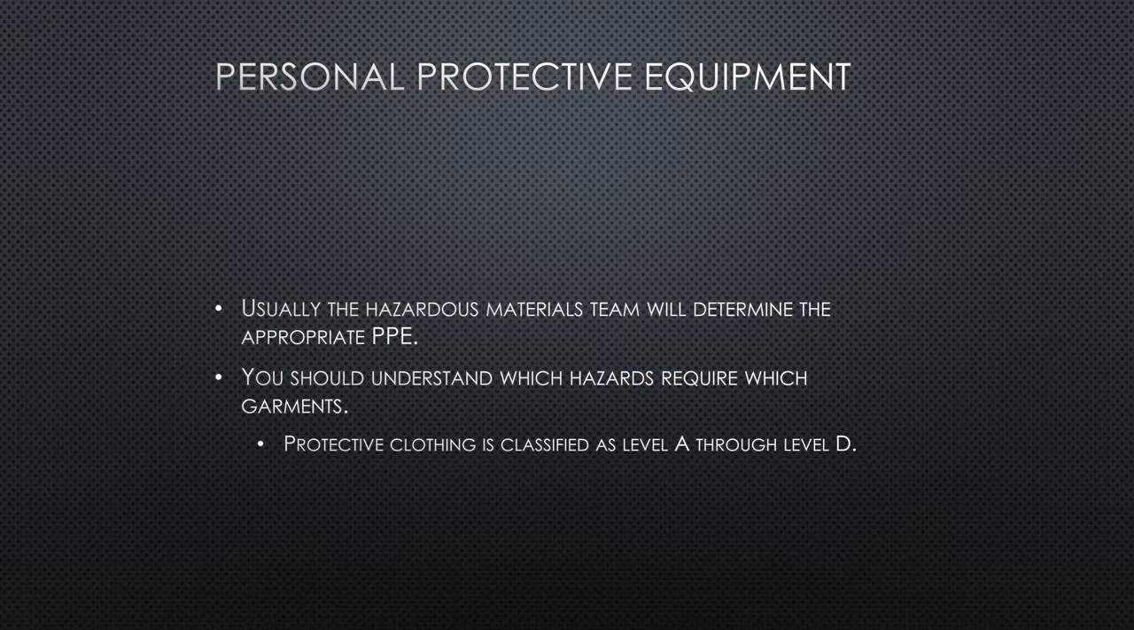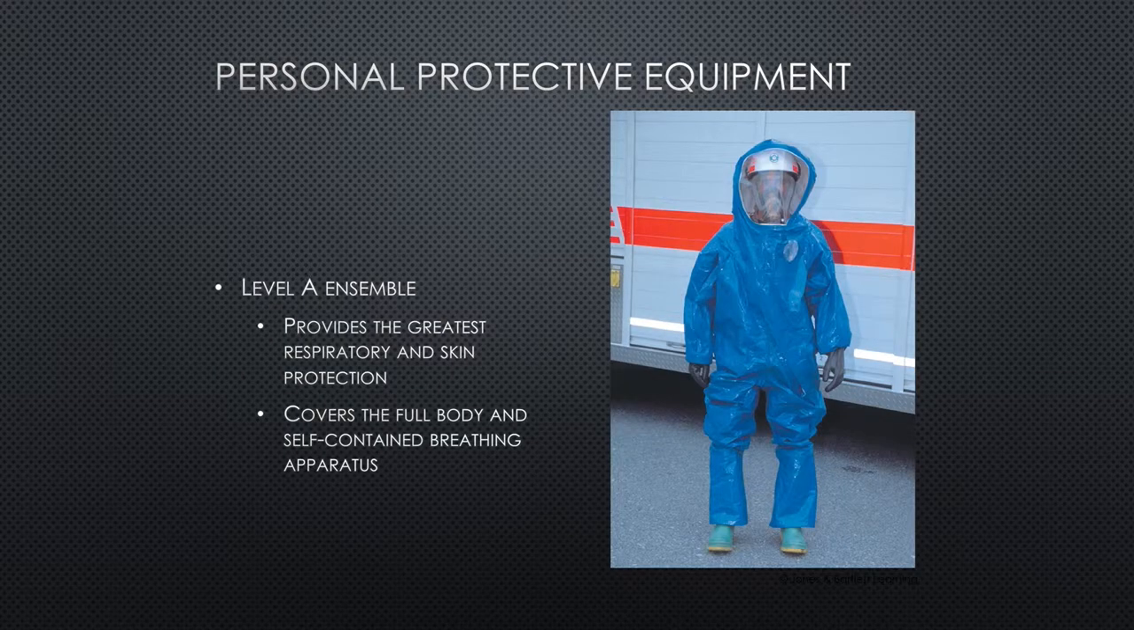Protective clothing is classified as level A through level D. So your level A ensemble, all right, it's going to look like this. A lot of paramedics get trained to this level where you're wearing this level A suit. It provides the greatest respiratory and skin protection, covers the full body, and includes a self-contained breathing apparatus. So this would be what your specialists are going to wear. The suit itself you're going to see throughout the different levels. But the full level A ensemble will actually have SCBA, which is what the firefighters use,